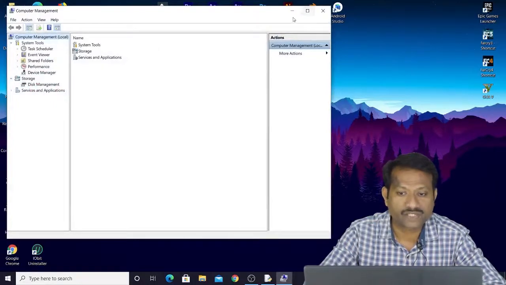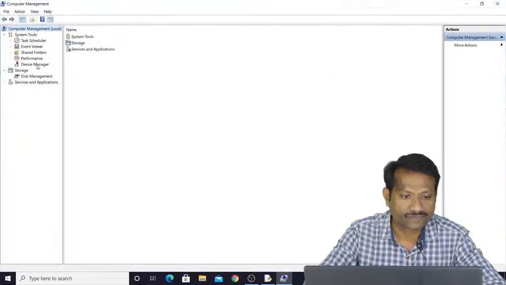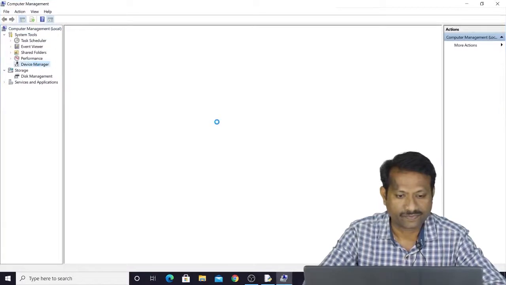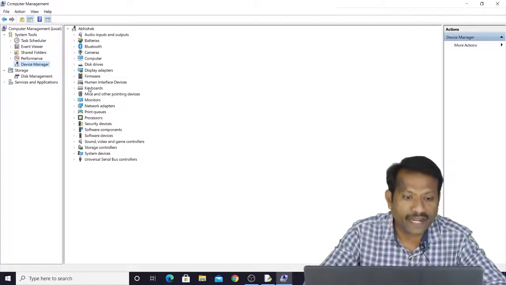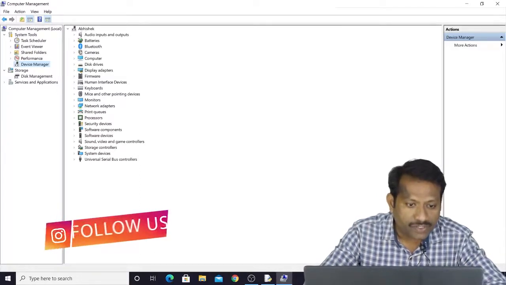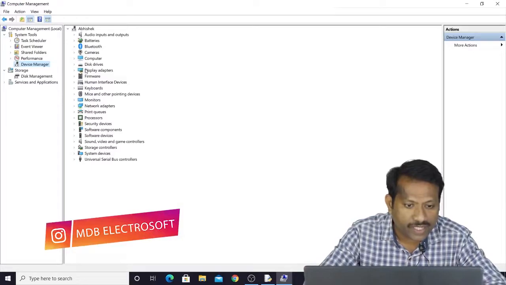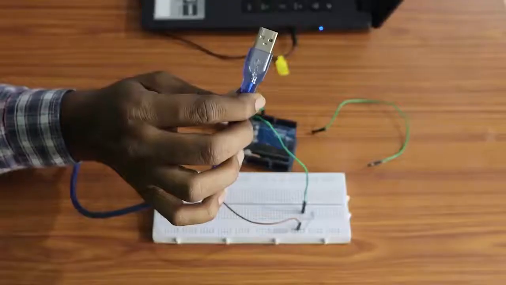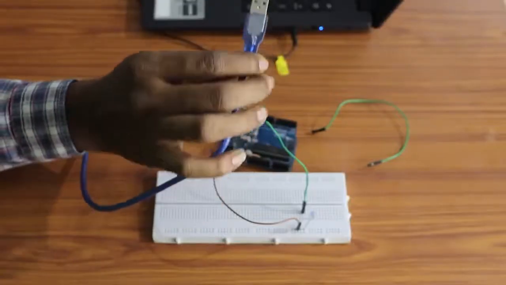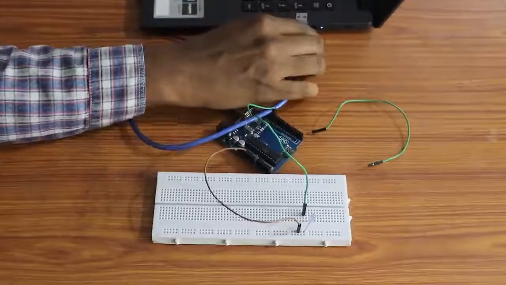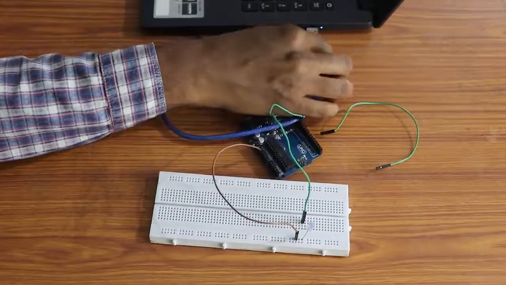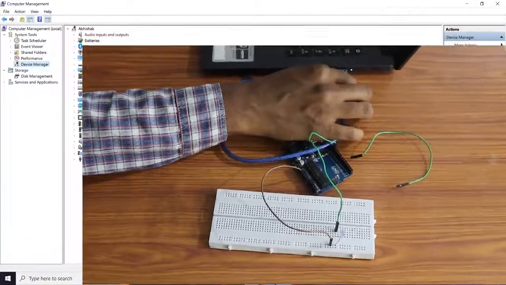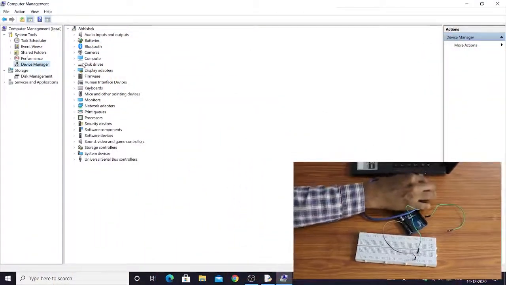Go to device manager, and here we must see LPT and COM port. If you watch this list, you are not able to see LPT and COM port. The moment we connect this cord to our laptop, in this particular window you will find some changes and it will create LPT and COM port.